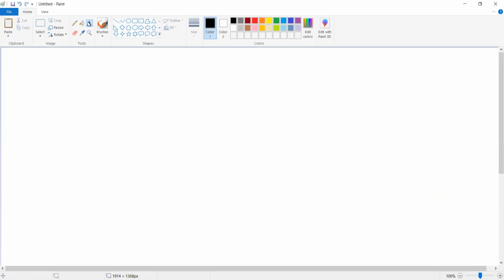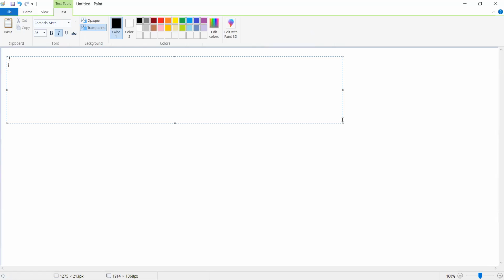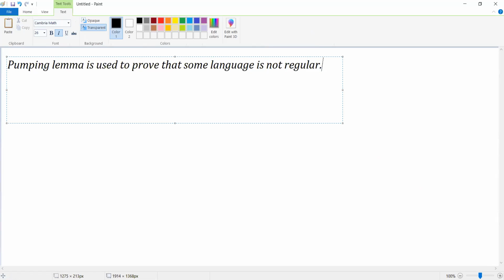Before entering into the details, I want to clear up one thing: the pumping lemma is used to prove that some language is not regular.